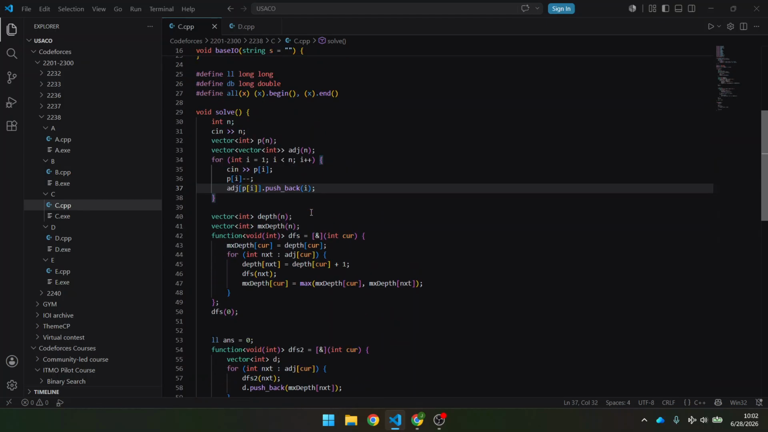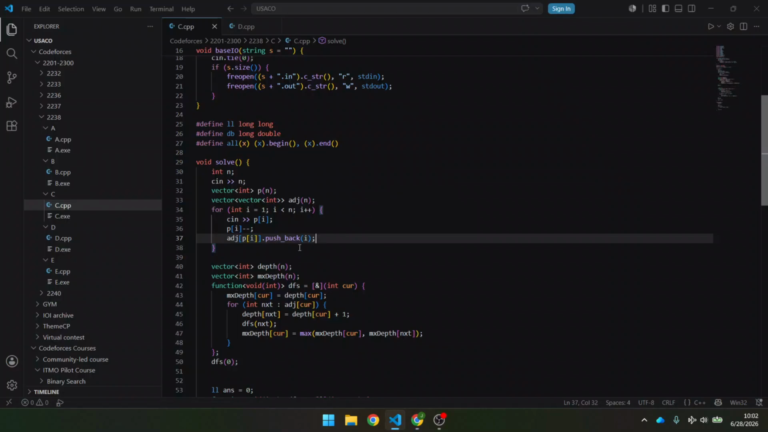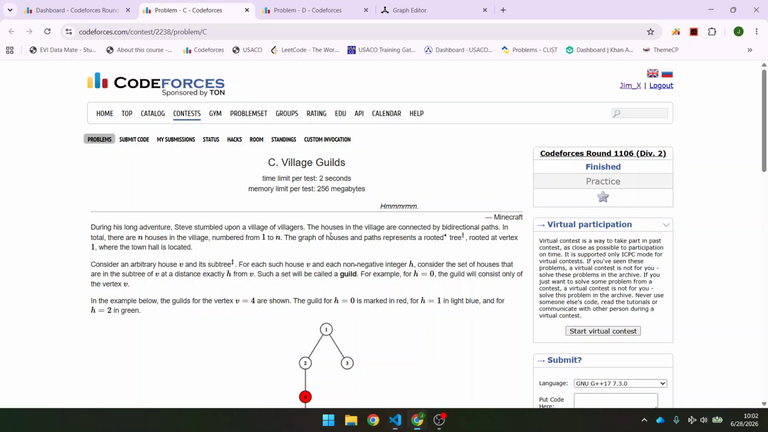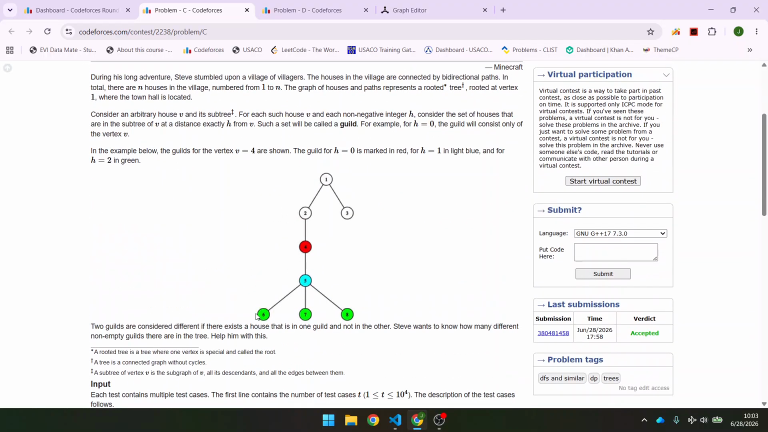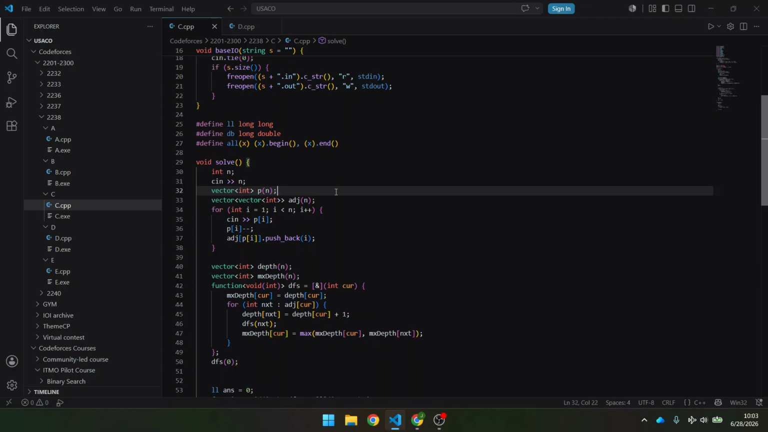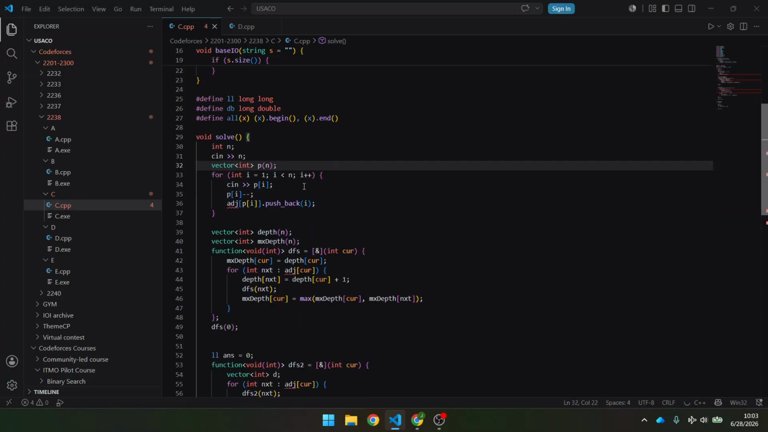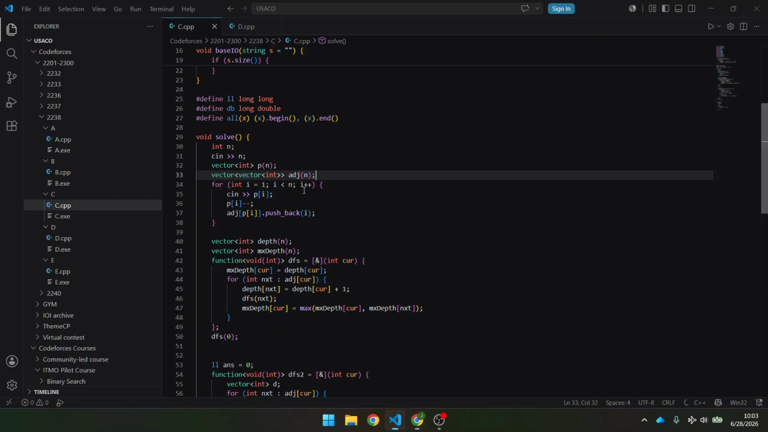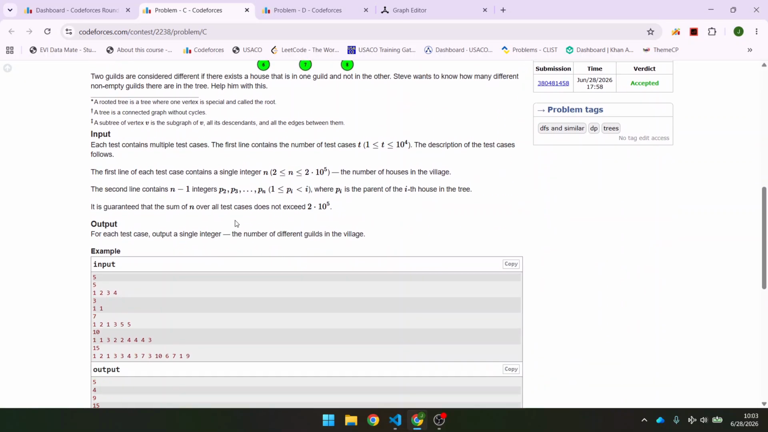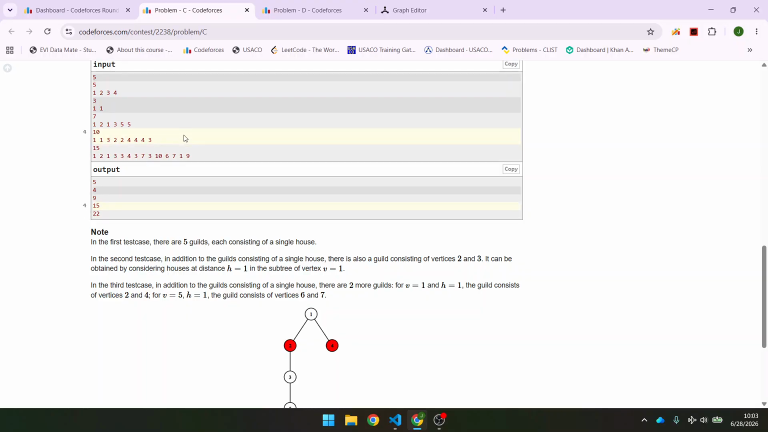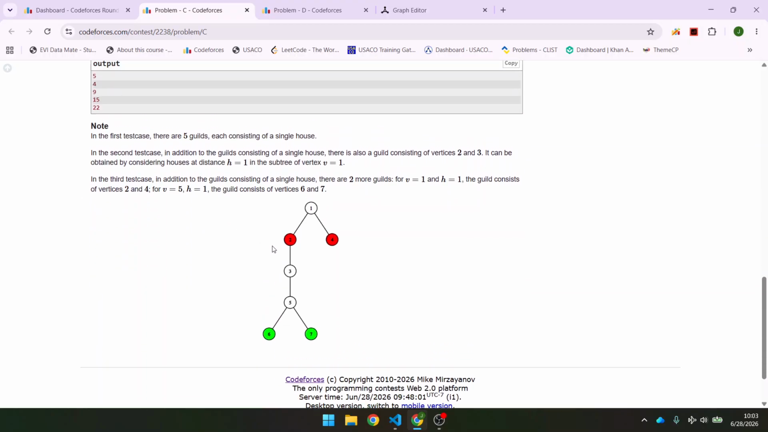Okay. Problem C. Problem C is a tree problem. So first, I have the vector pair parents. They gave us the parents, and we want to find how many fields there are. So first I read in the input, and we make an adjacency list. Then I look at the test case. So for test case 3, look,